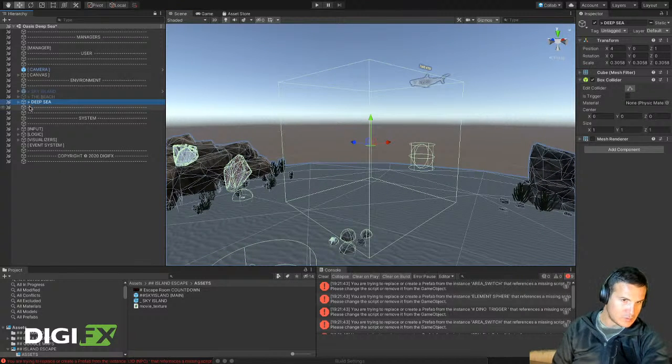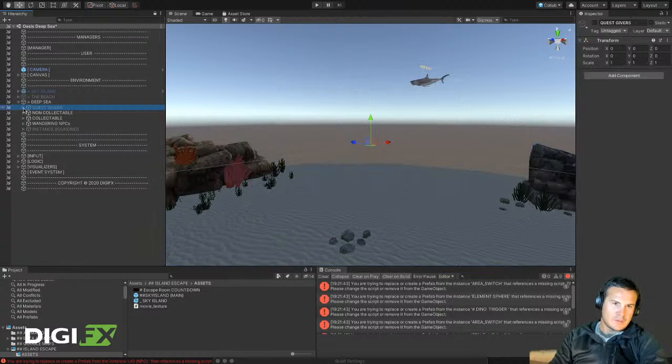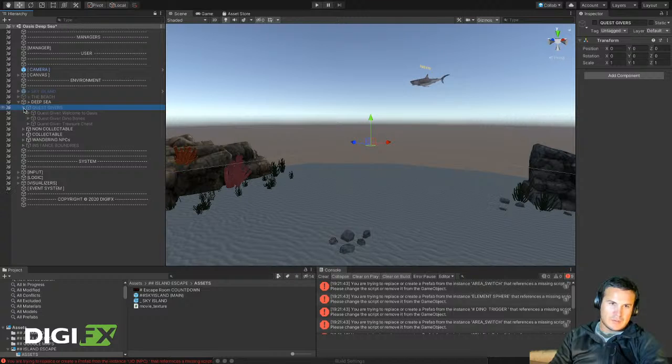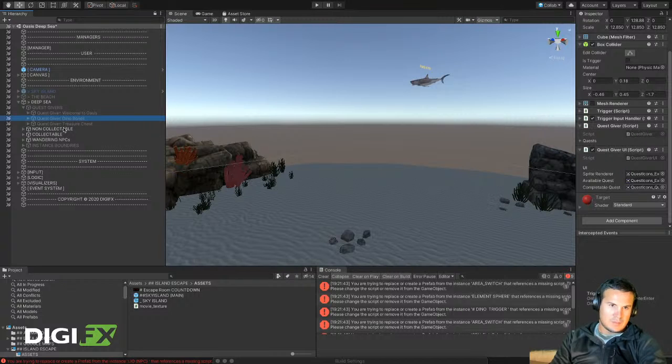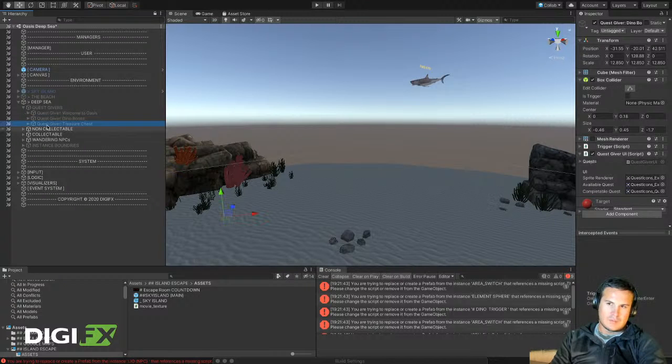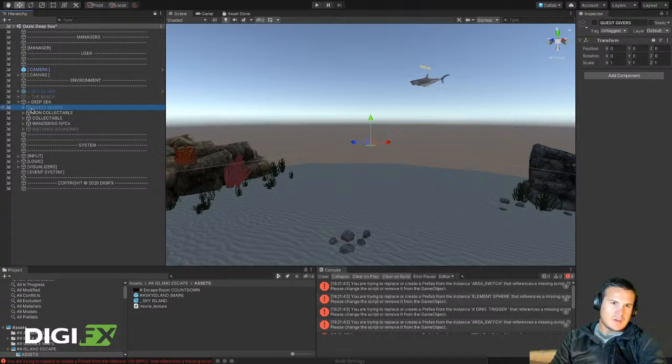This one shouldn't have too many problems. I keep on clicking that like it's a drop down, but it's just something I put in there. For the sake of getting this saved, I'm just going to